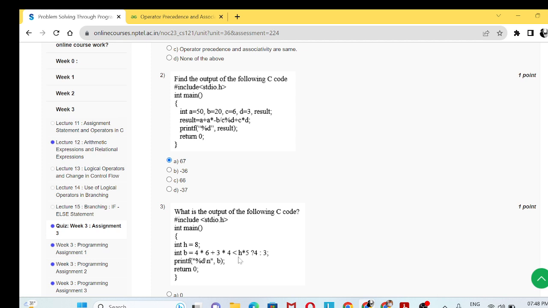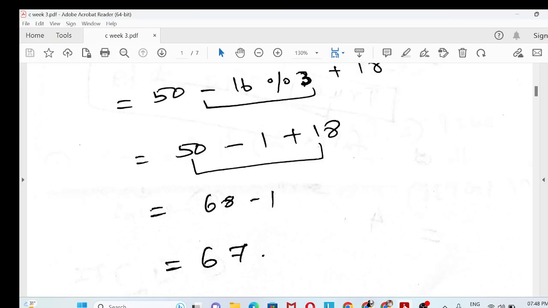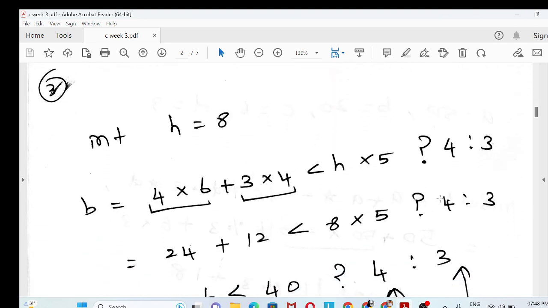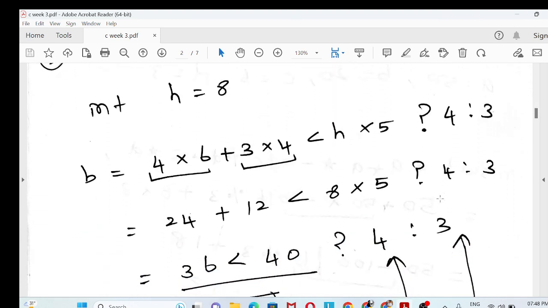And then the second one. The second one has the ternary operator here, right? Which means after this question mark, if the condition is true, you will get the first one. If the condition is false, you will get the second one. For this case, you see this one. First what I've done is I have applied h is equal to 8 over here,